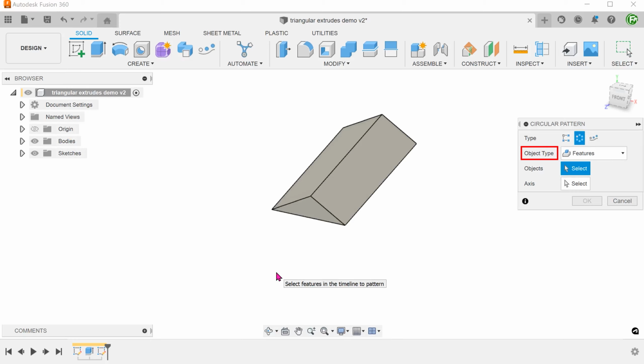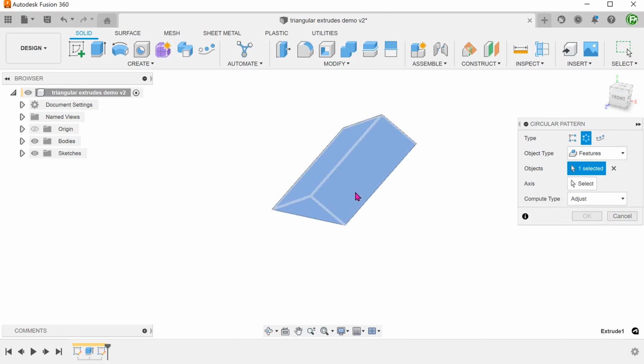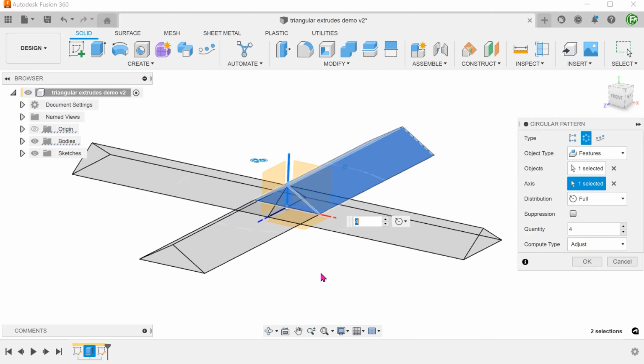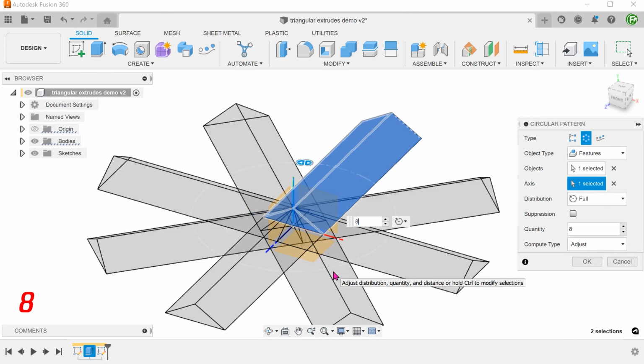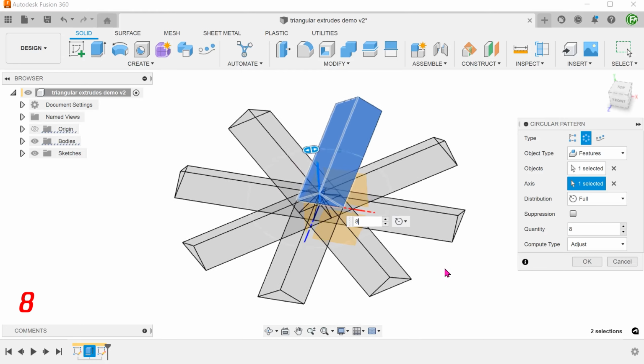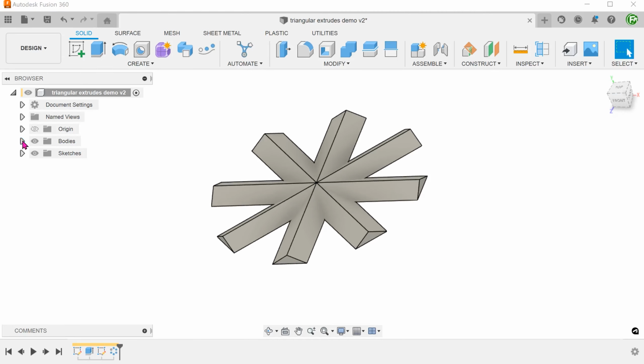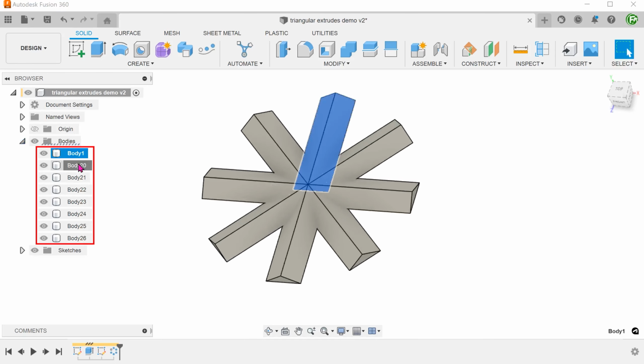We can set the object type to either feature or body in this case. Set the number of instances to 8. These are separate bodies at the moment.